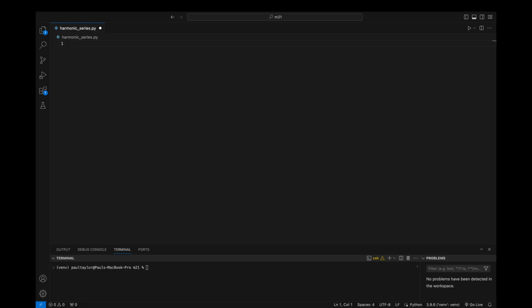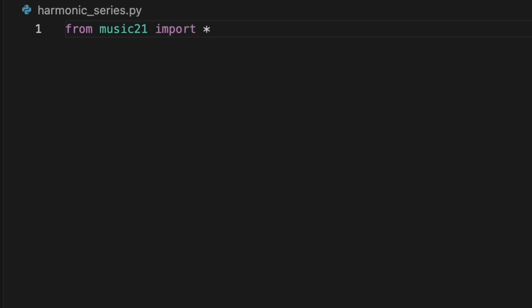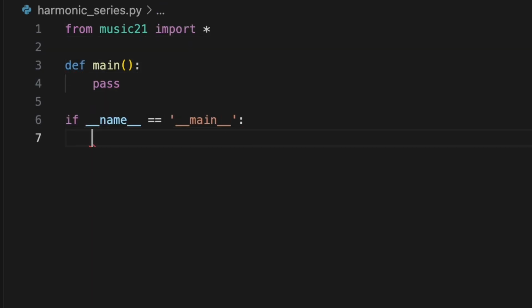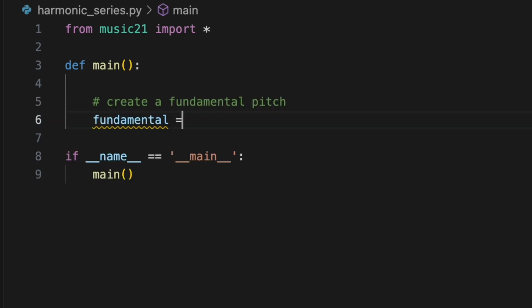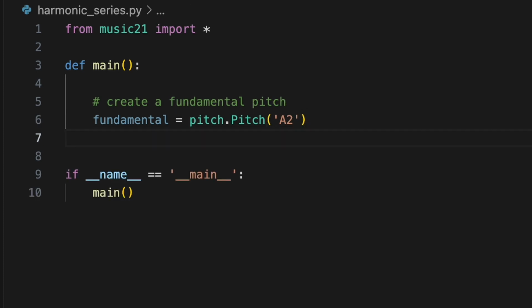In a new Python file, we'll import Music21 and within a main function, to be called at the bottom of the script, create a new pitch object called fundamental. Its getHarmonic method can be called to retrieve a specific harmonic above this pitch, denoted by an integer argument. For example,